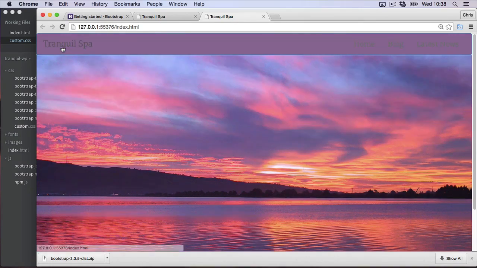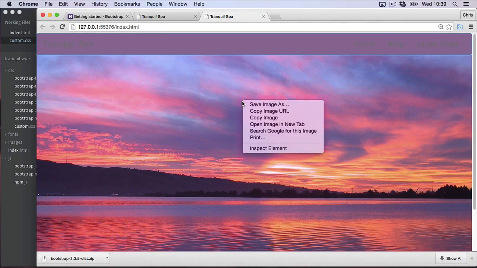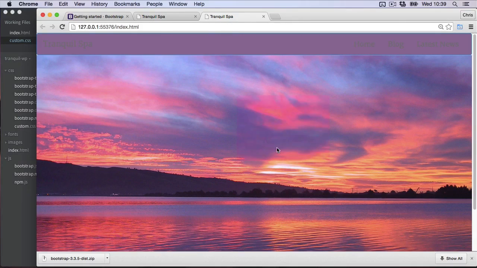And then now we need to change the text for the logo and the navigation. So Bootstrap has a lot of classes and a lot of CSS, which is included as standard, and it can be sometimes difficult to find exactly which class we need to amend. So one of the easiest ways to do that is to go into the browser developer tools. So in Chrome you need to right click and select inspect element,